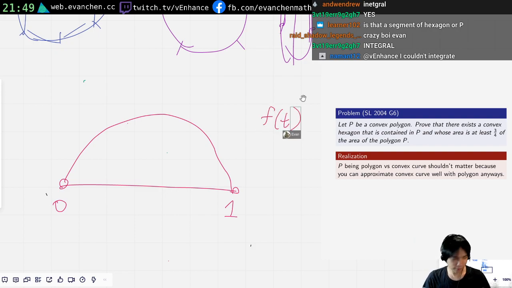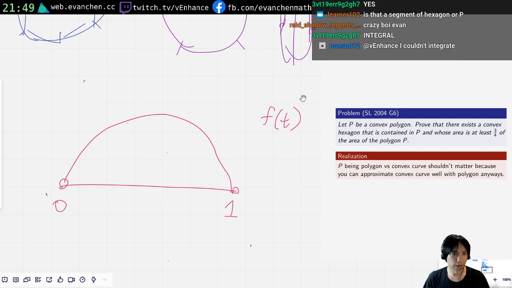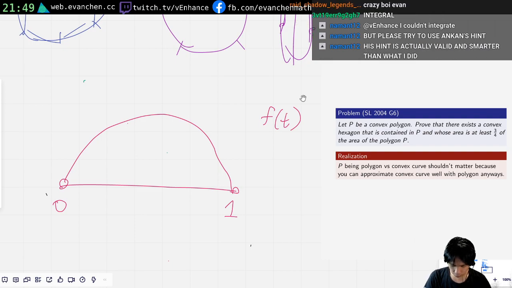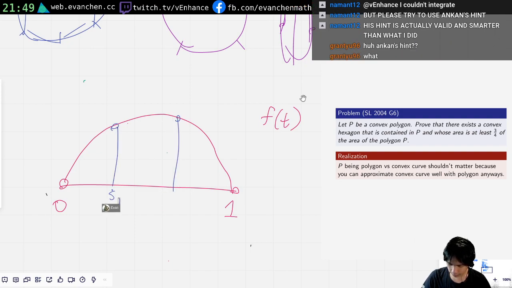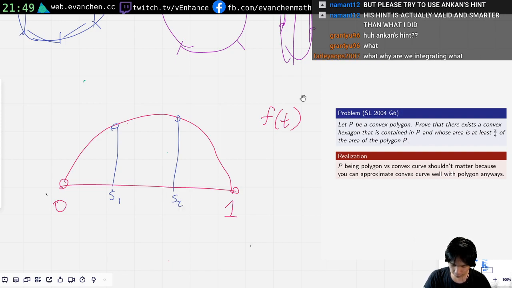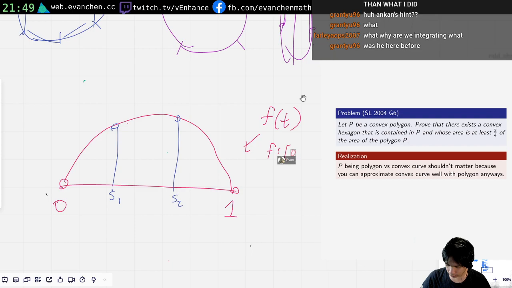So what we're going to do is I'm going to start by taking some maximal segment. The reason I want to take this maximal segment is because I want to integrate, so I want a base. And the idea is I'm going to pick two random points, s1, s2. This is some function f from 0, 1 to R plus, which is convex, whatever that means. So it satisfies Jensen's inequality. Oh, we could use the convex. And so the area is fixed, right? The area is,